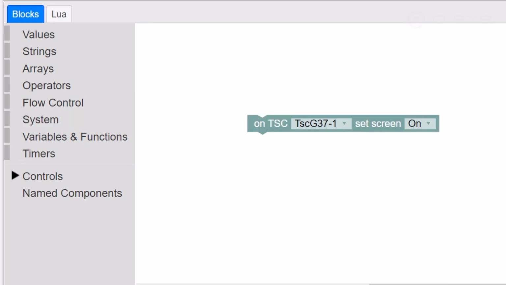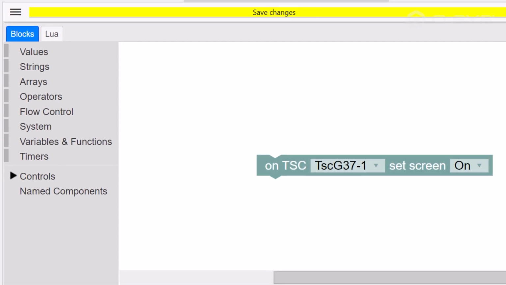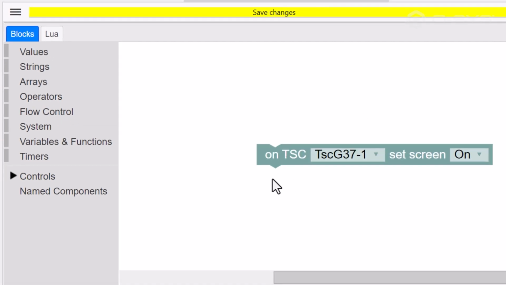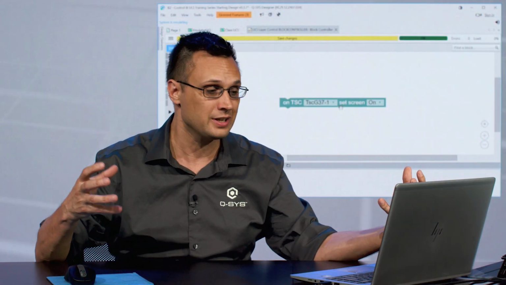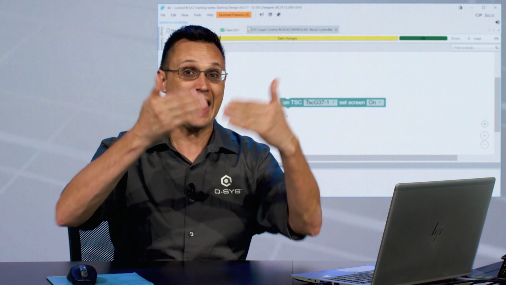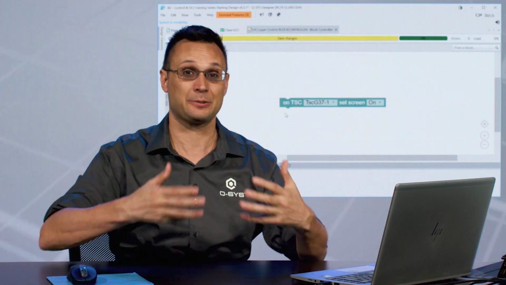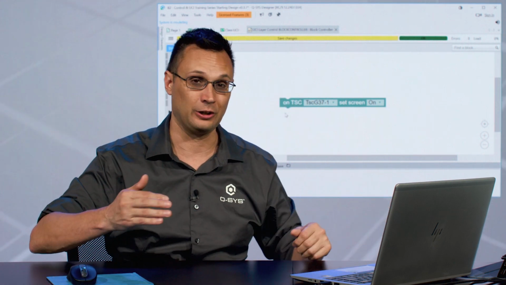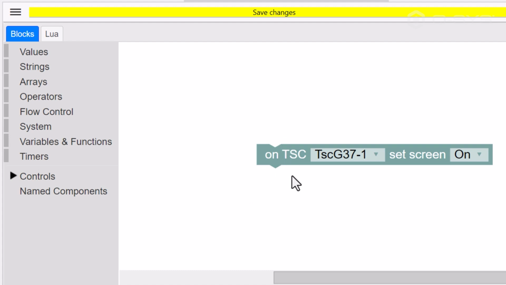This is a real good example of a basic code block. You can see it's got teeth at the top and teeth at the bottom. What this block does is it resolves the entirety of its code, and then it follows the little arrow down, and it moves on to the next block, and then that block resolves all of its code. So these codes operate in sequence, one above the other, above the other. So you can see that because it has teeth above and below, it could be connected in any sequence of